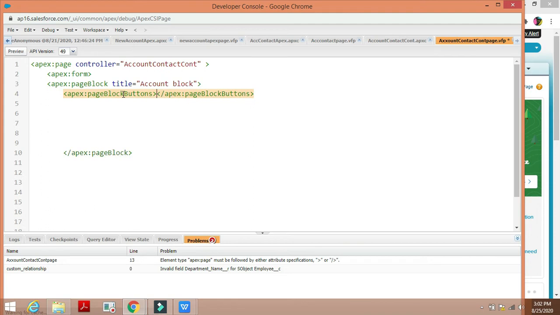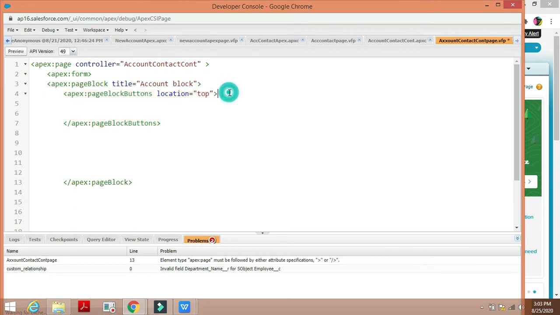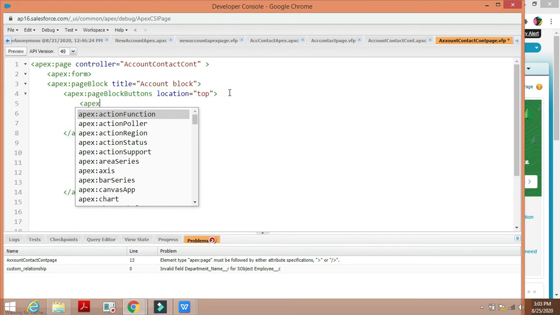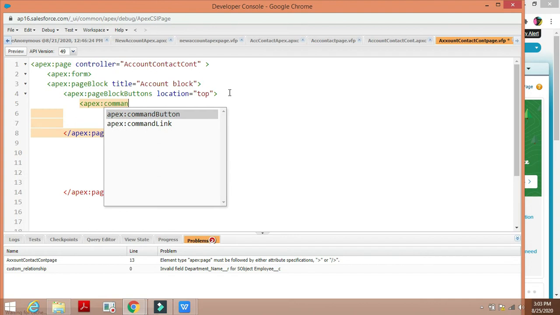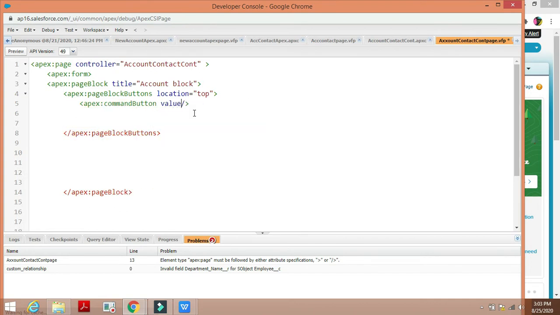Next we'll take the command button here. We'll give the value as insert.